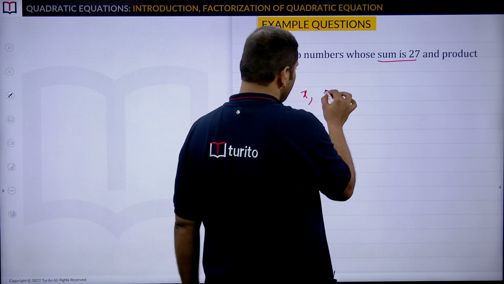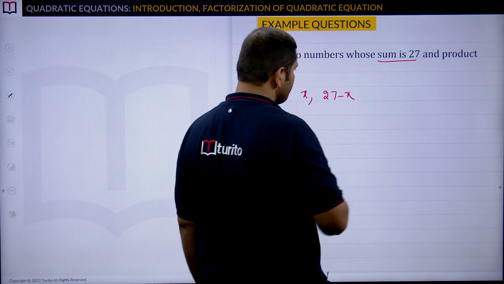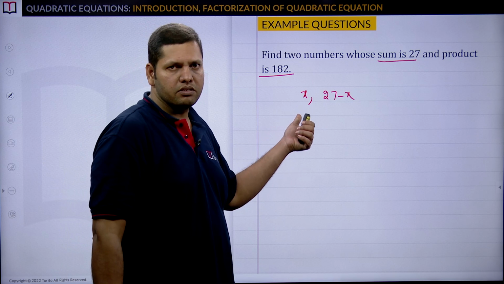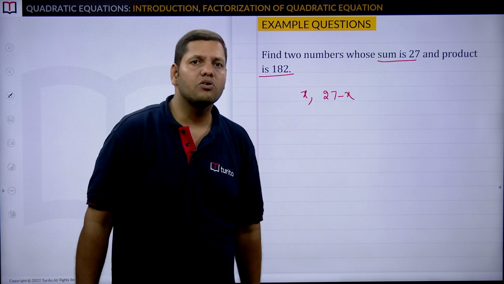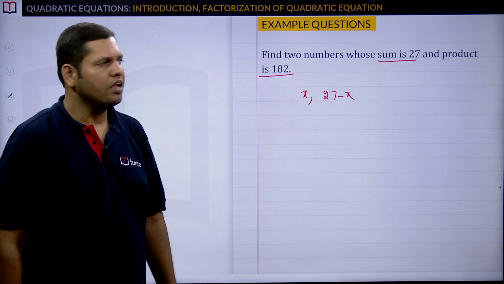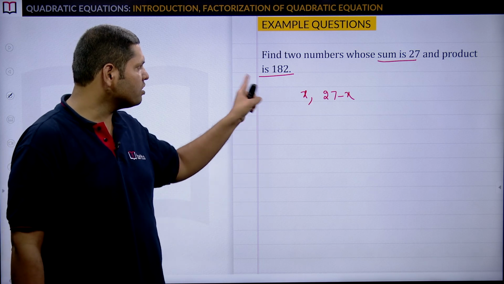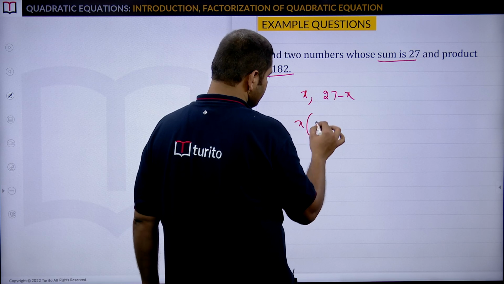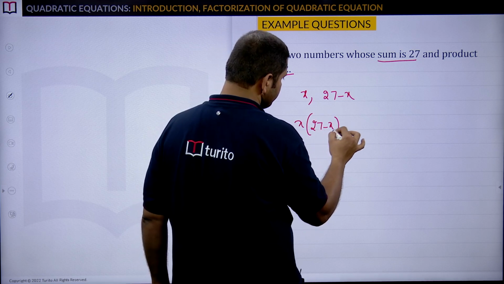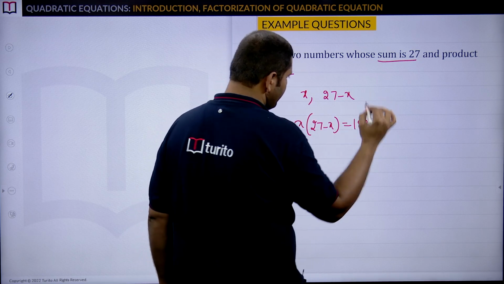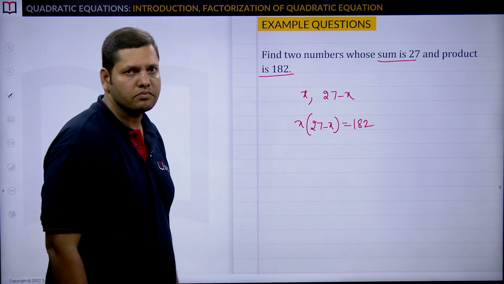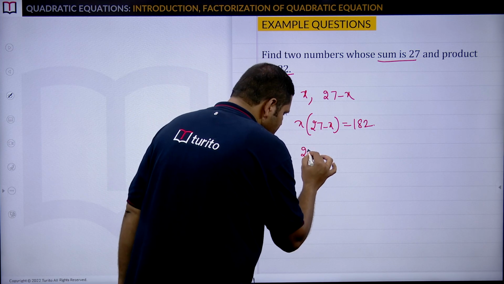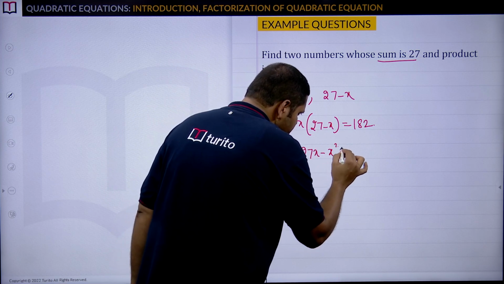Yes or no? So we can say the other number is 27 minus x. Then only the sum is 27. So one number is x, the other number is 27 minus x. And what is the other condition, children? The product is 182. So product means x into 27 minus x is equal to 182. Then children, multiply x inside. This is 27x minus x square is equal to